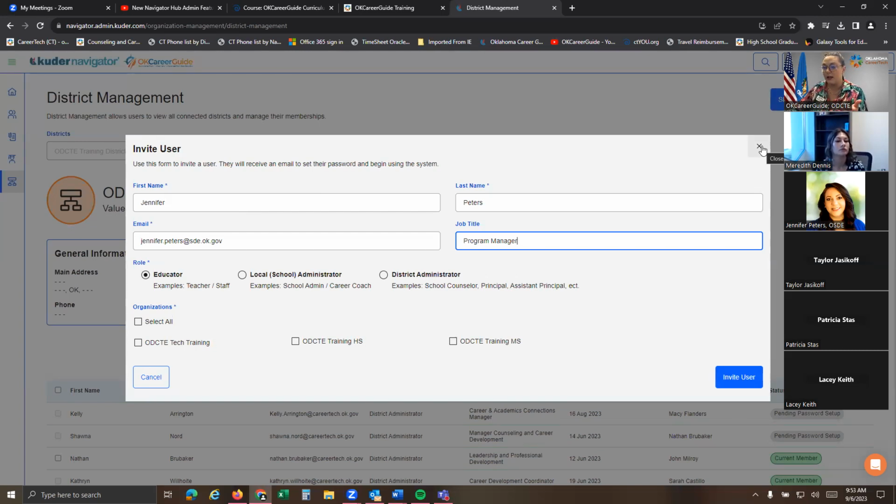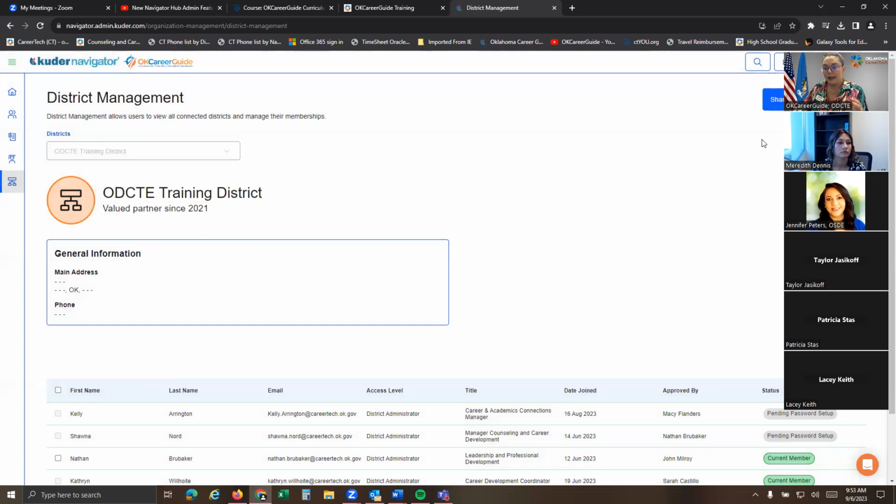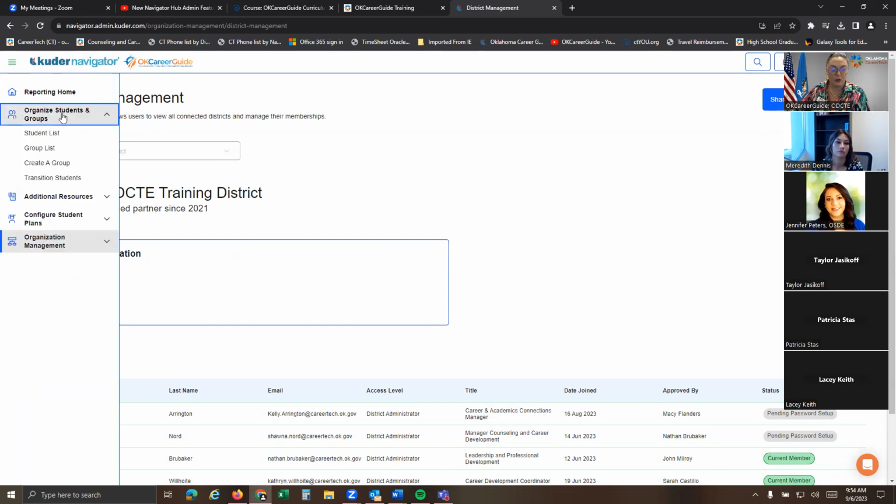Once you've clicked that, they will get an email and it'll ask them to create a login, and then they'll have a login account, and that's how they will get into this system. Something that would be useful for your teachers is if I go up here to organize students in groups and I go to create a group, I can make a group and say the teacher that you just invited is your sophomore. He teaches history and Oklahoma history, and he's going to be doing ICAP for freshmen.